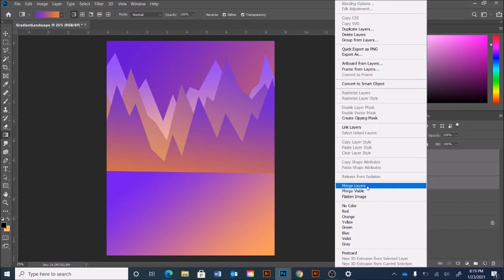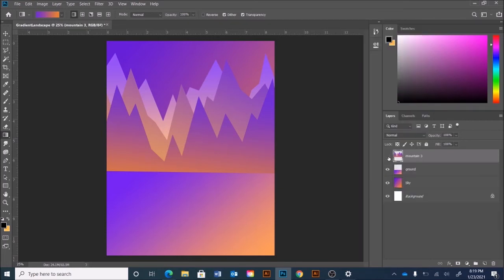So we're going to go ahead and click merge layers, so all of my mountains go together, like that, which is very convenient. And you might notice, it kind of looks like it's straight right here, but it actually isn't. It's kind of crooked. So when I flip it over, it's going to have this very strange line happening here. So a really easy way to get that nice sharp line is